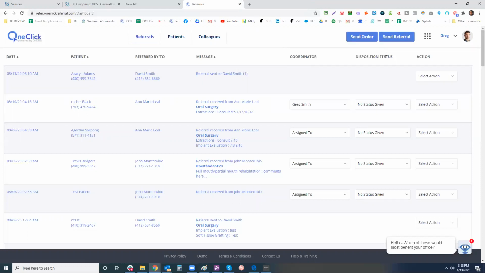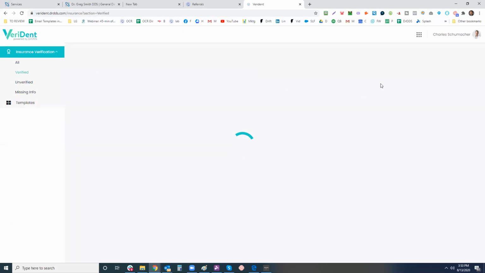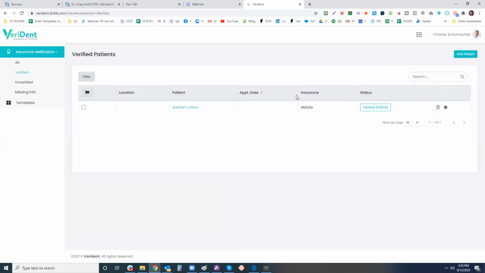And this, we built it kind of like the Google suite, where if you want to go to Verident, which is our electronic insurance verification, you can go there. And my vision was always that we had a drop down for other things like scheduling and things like that, whether it was done through our product or through our partners like yourself. But basically what this product does, eAssist had offered $1 million to take this off the market last year.